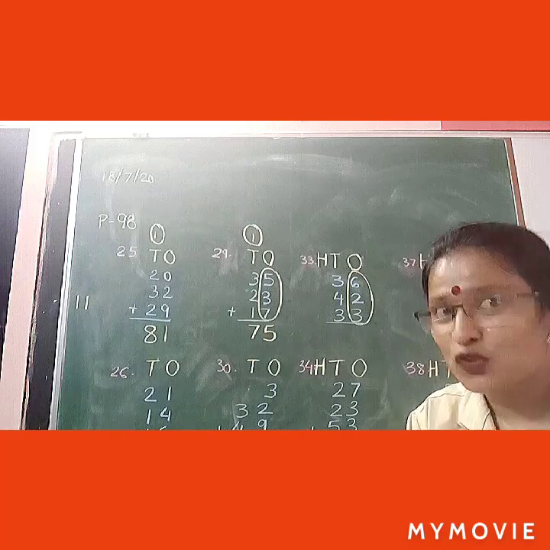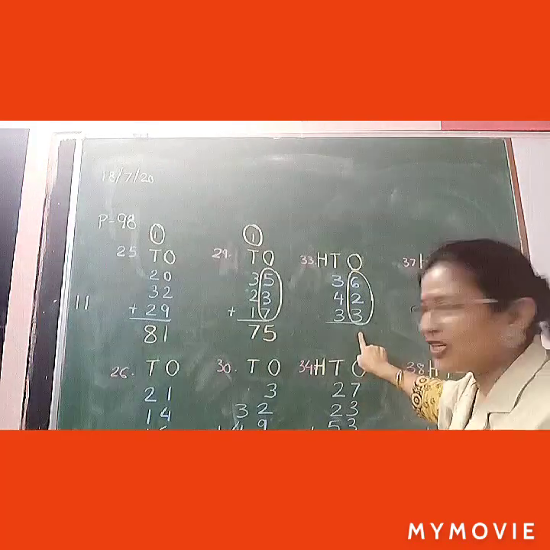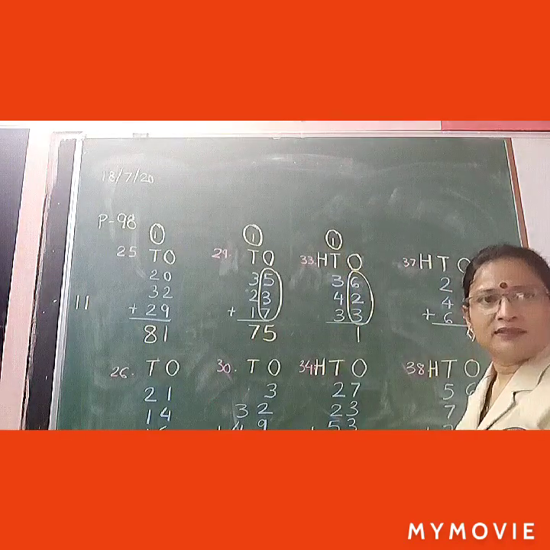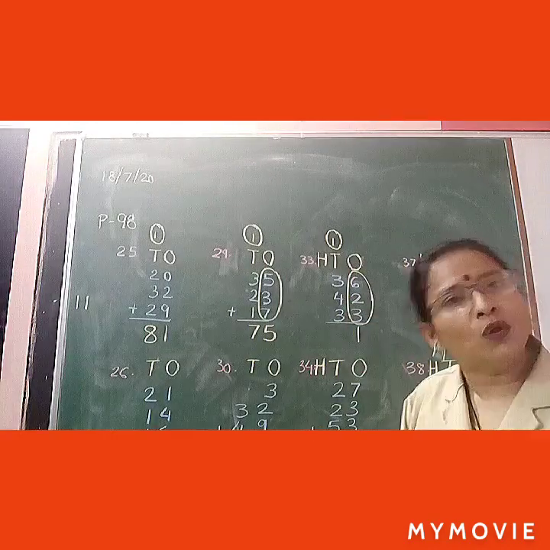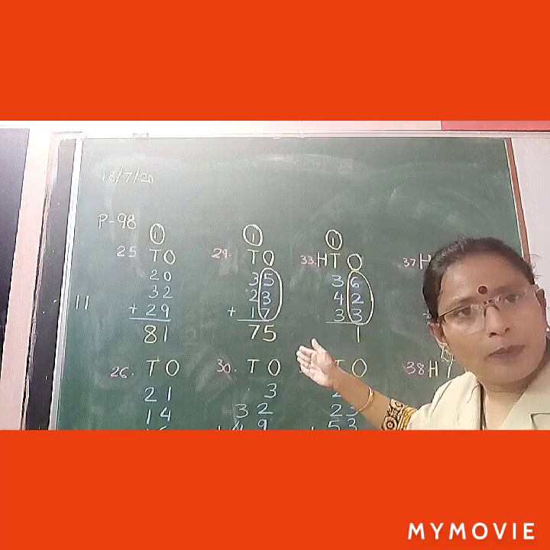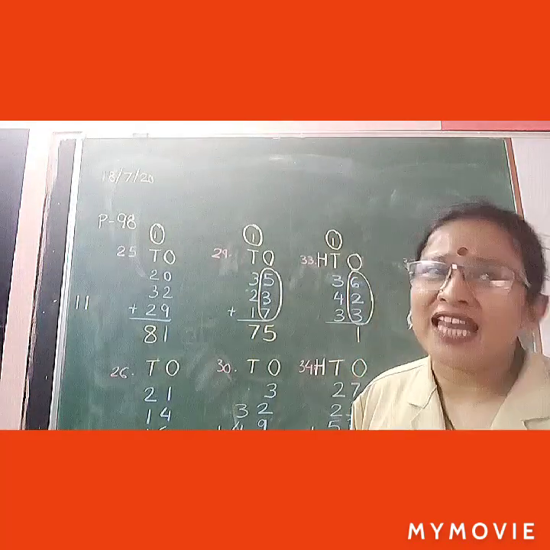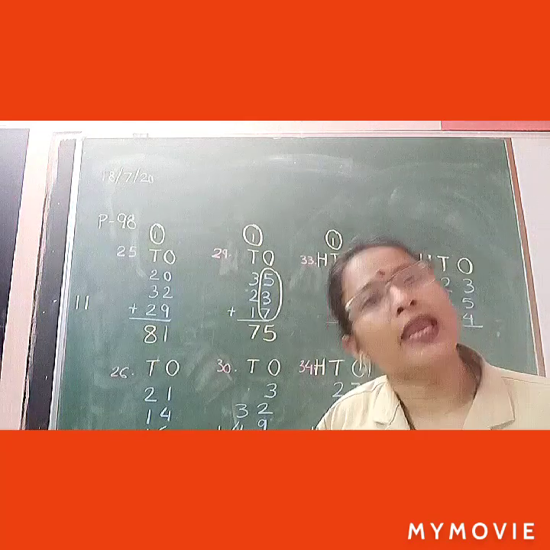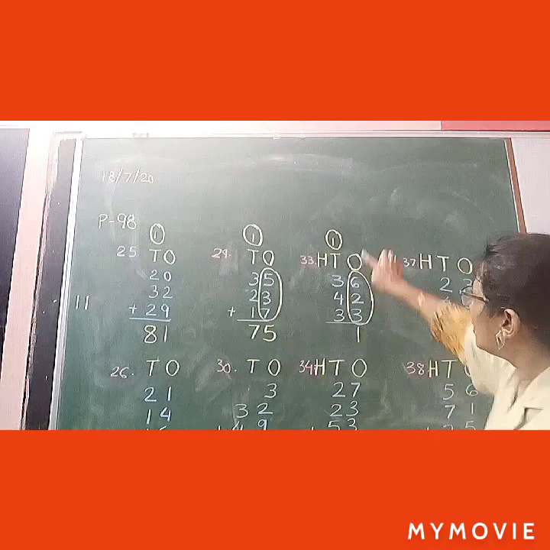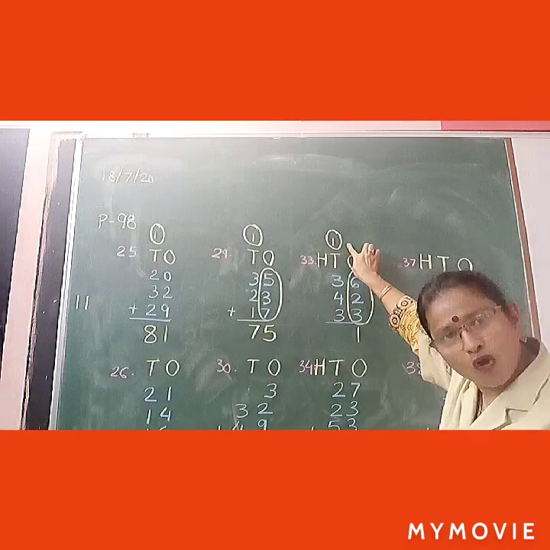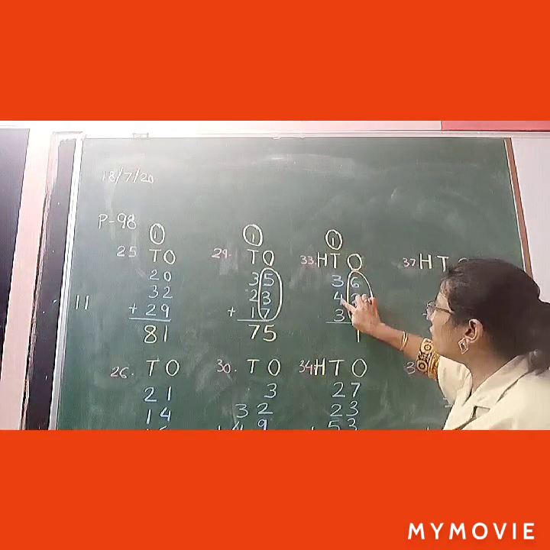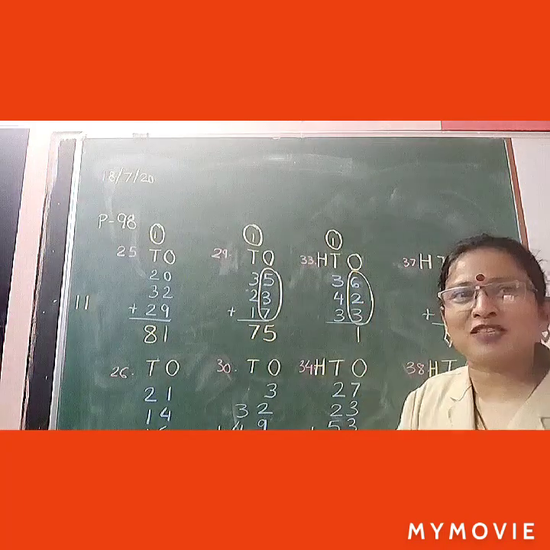That is 11. So what we will do? We will write one here and the other one here. Then all together we have to add. You can add from bottom or from top. But please don't forget any digits. Otherwise your answer will be wrong. Don't skip any number. Okay, beta? 3 plus 1, 4. After 3, 4 comes. So 3 plus 1 is 4. Then 4 plus 4. Tell me 4 plus 4.